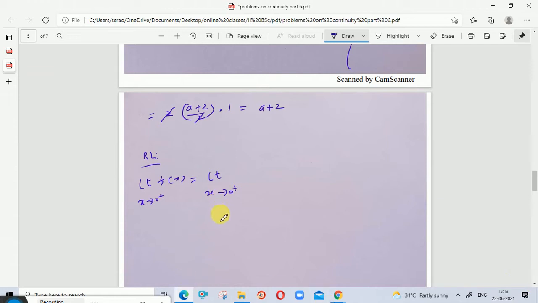So x tends to 0 plus, that is, x greater than 0. When x greater than 0, f of x is equal to (x plus bx square) whole power half minus x power half, divided by b into x power 3/2. Okay? So that is equal to